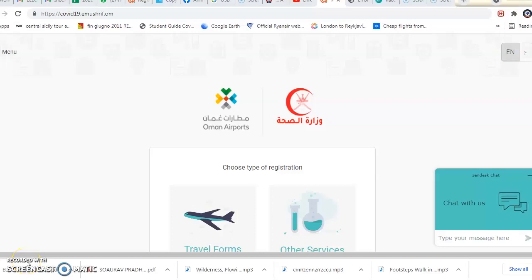Okay, before entering Oman, you have to register on the eMushrif website and upload your vaccination certificate and RT-PCR result certificate. So I'll just go through the process. So just go to the website